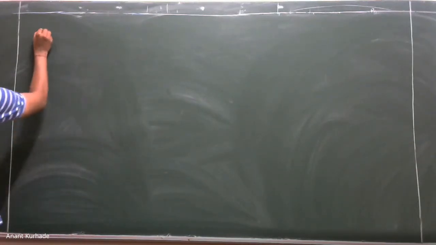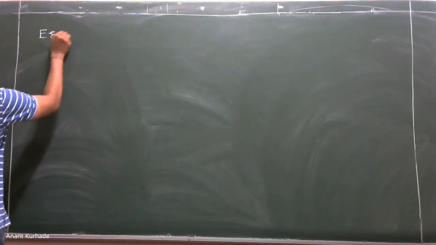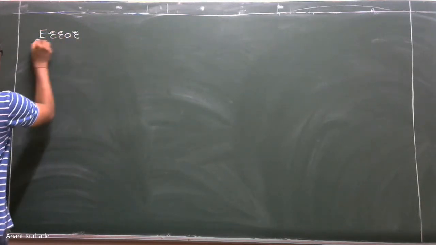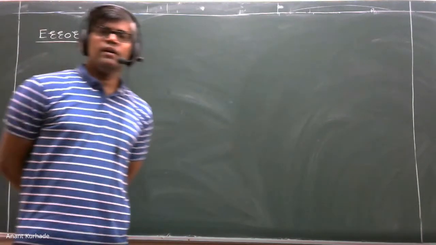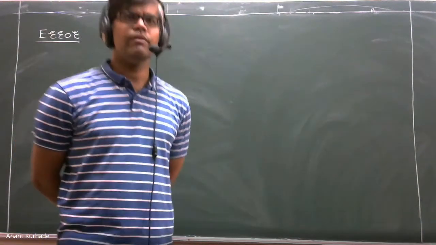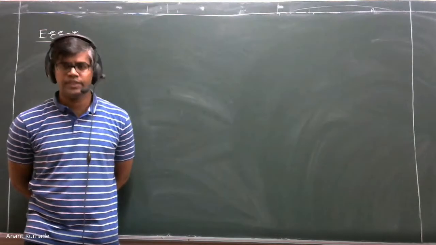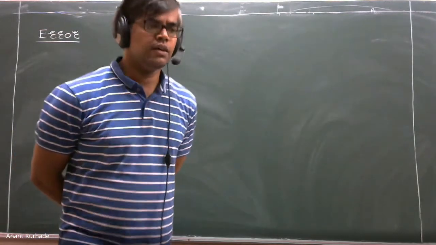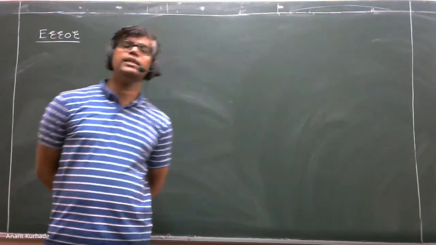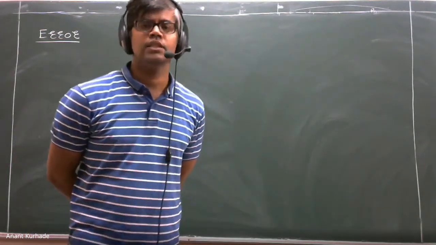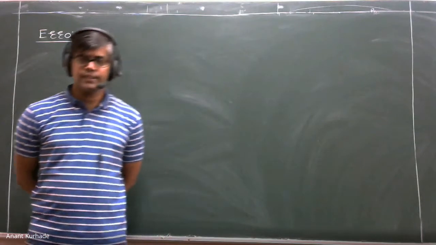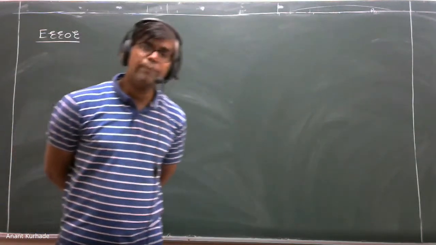Now here is a small part of the first chapter, error. You have performed practicals in physics, and in this semester you are going to perform practicals in heat transfer: the Stefan-Boltzmann constant and the thermal conductivity of metal.